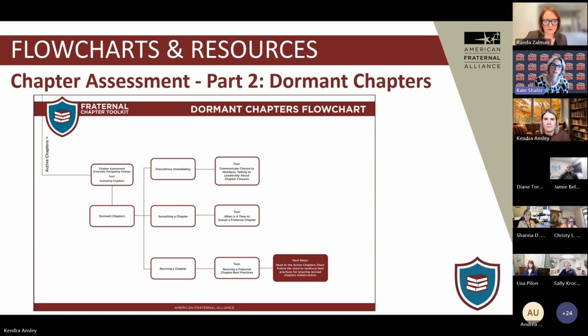A chapter will either be identified from the assessment as discontinuing immediately. We've created a recommended process there to help you gracefully go about that and basically close down the chapter within a 3 to 6 month period. Or the chapter could be sunset, meaning the end result is still to close the chapter, but you're looking maybe a year or 2 out. Say there's still active members, so you've got to figure out where to shuffle those people, or they have projects that they want to wind down, donations to disperse, just dealing with all those variables in a timely and respectful manner. And then there's a third option of reviving a chapter.